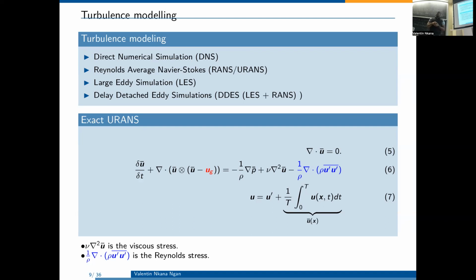So at the time you decide to model, you will have this mu t, the turbulent viscosity. So it depends on the flow.